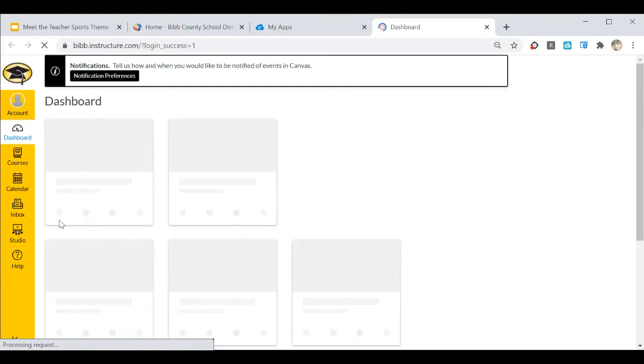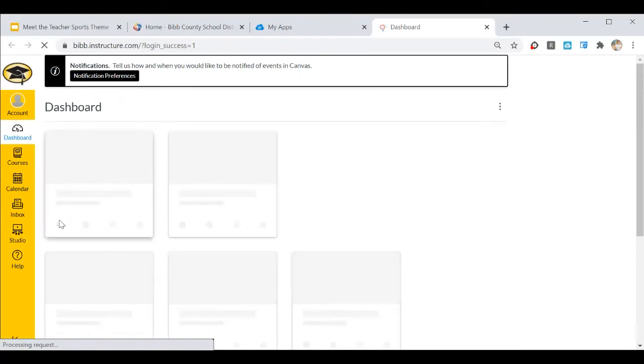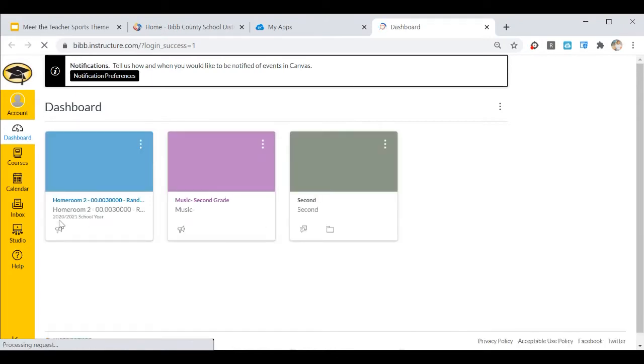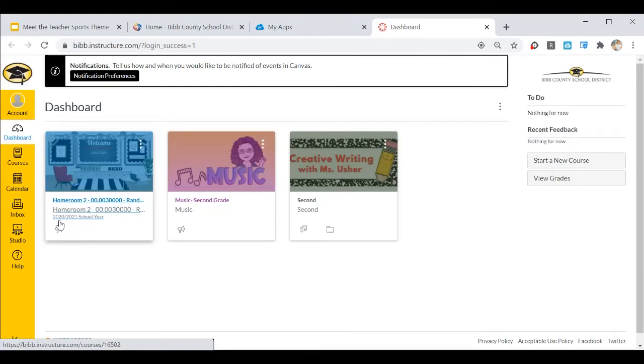And this is where everything will be housed. So once you reach Canvas, you will see different types of things that your child has access to. But right now, we're going to focus on the homeroom. So you're going to click homeroom.